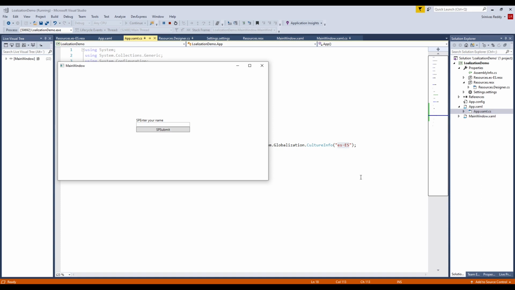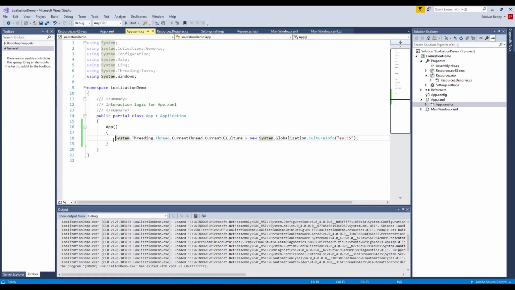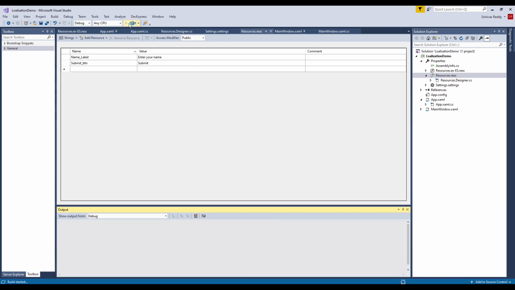If we don't specify any culture info, for example, if we stop the application and then comment it out, that means we are not specifying any culture information, then in that case it will use the resources from the Resources.resx file. Let's execute and see once.